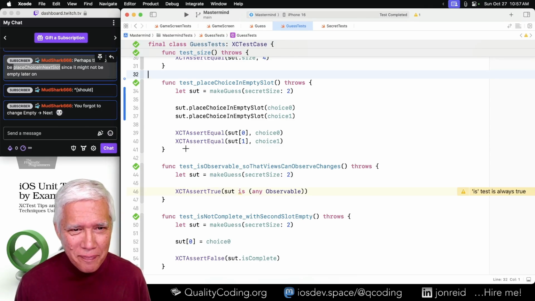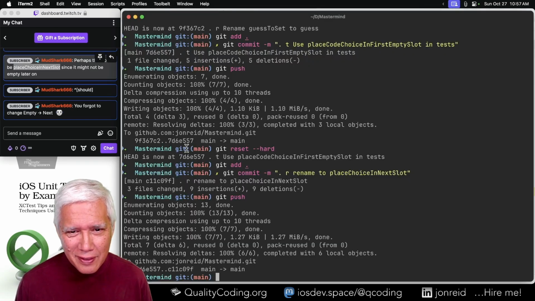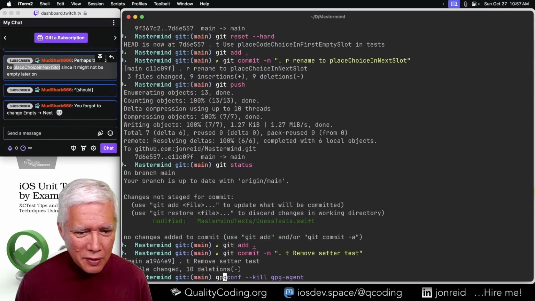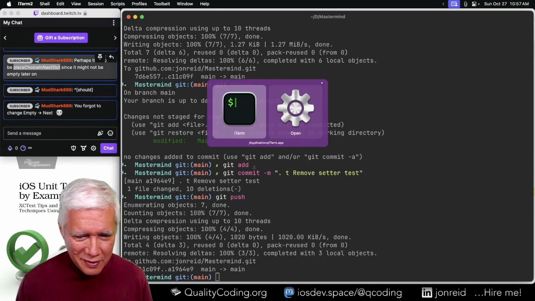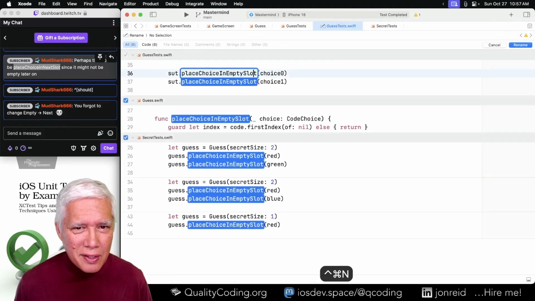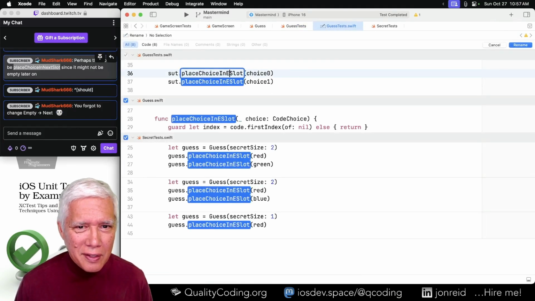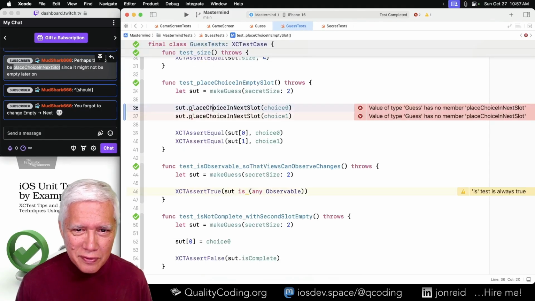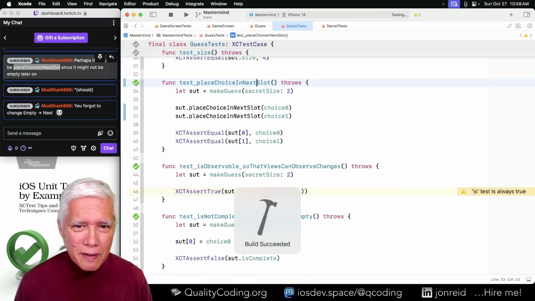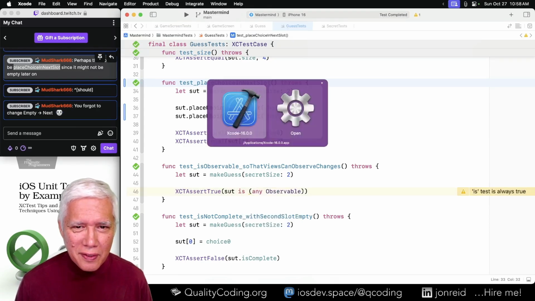Remove setter test. And place choice in next.